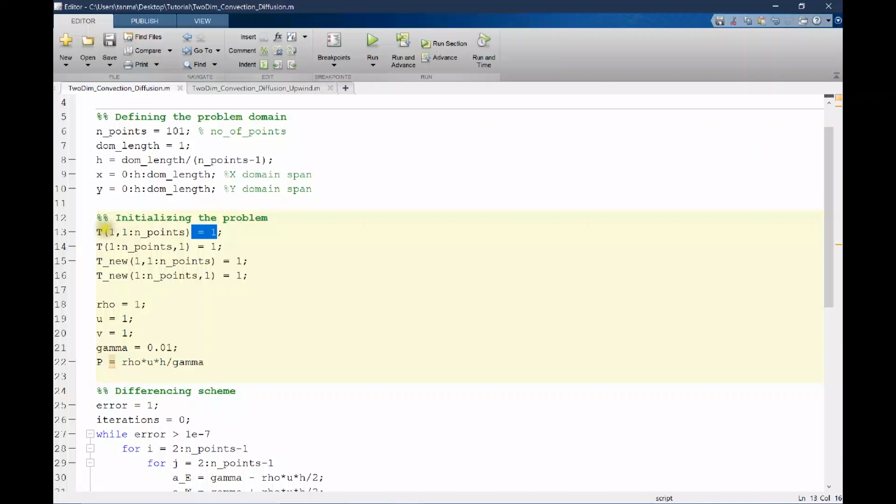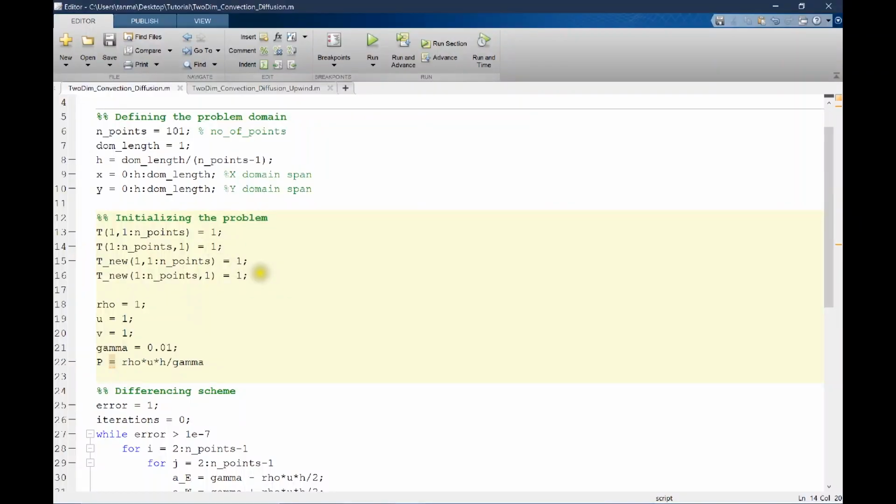So when we want to define that the entire first row is 1, we said to take the first row and take all the columns corresponding to that first row, and that considers the entire first row. So we are saying that the first row is 1, and we did exactly the opposite in this particular line. We said that all the rows corresponding to the first column is also 1. In that way we made the first row and the first column 1.